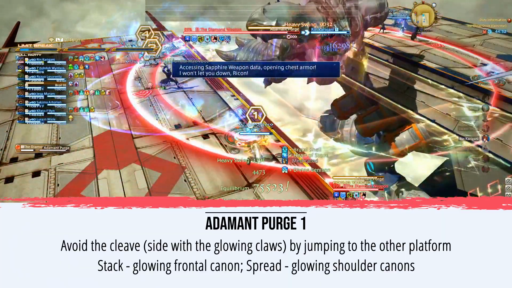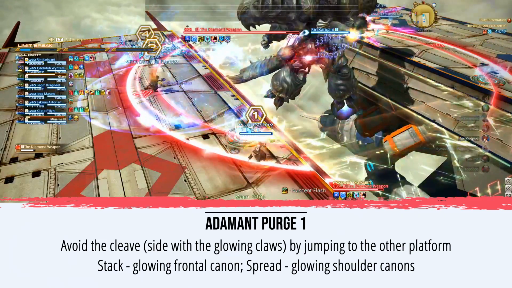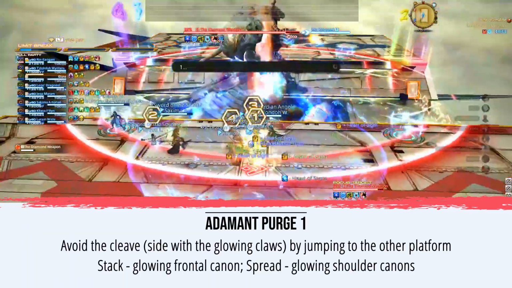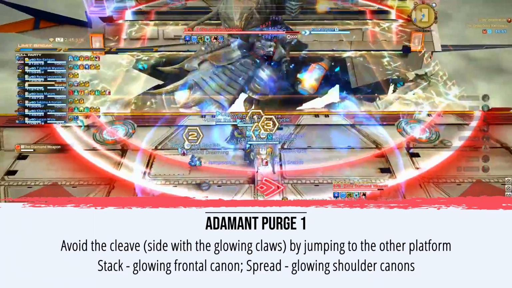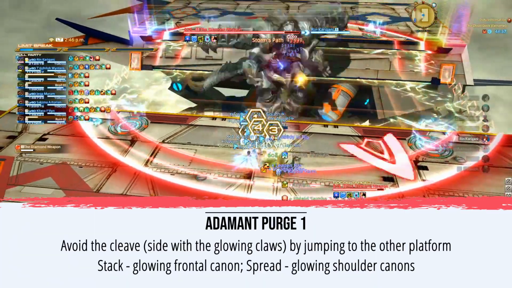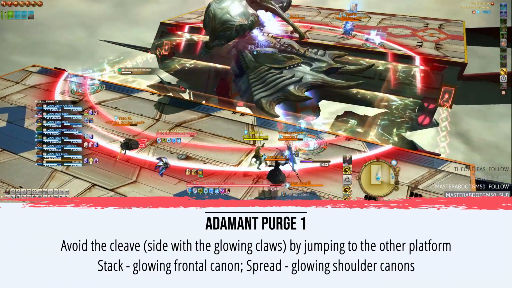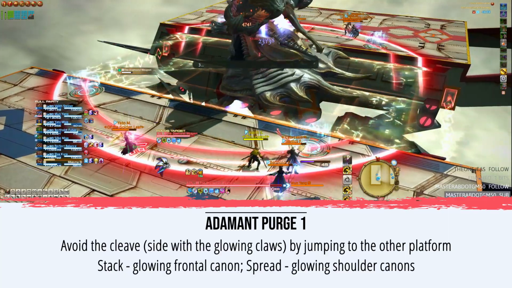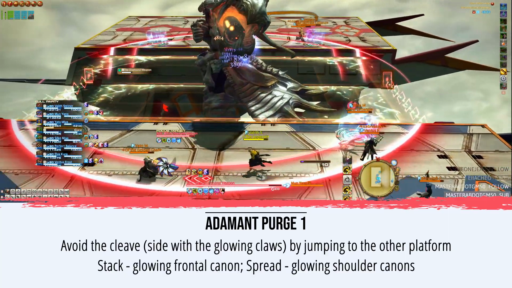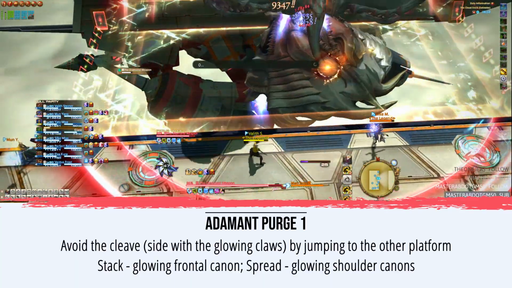If Diamond accesses Sapphire weapon, it will grow a cannon attachment on its chest and execute Diamond Flash, which is a party stack AoE. If Diamond accesses Emerald weapon, their shoulders will open up to launch homing lasers from its cannons, which must be resolved by spreading out. Immediately following Adamant Purge 1, the light party that crossed to avoid the cleave will remain